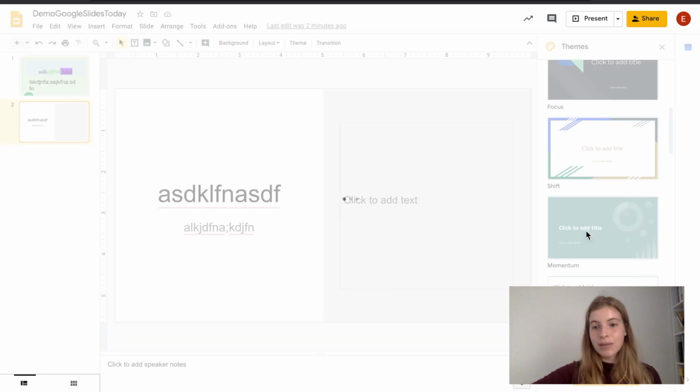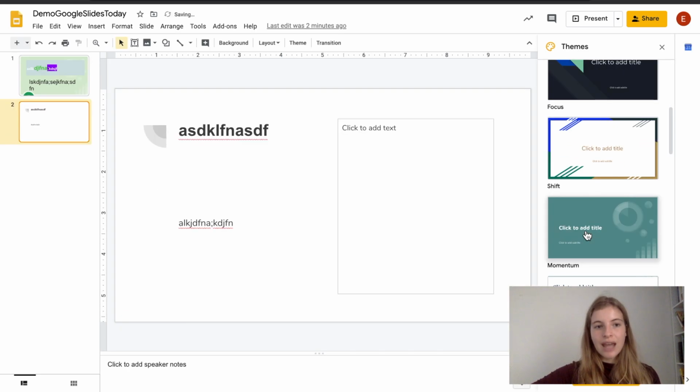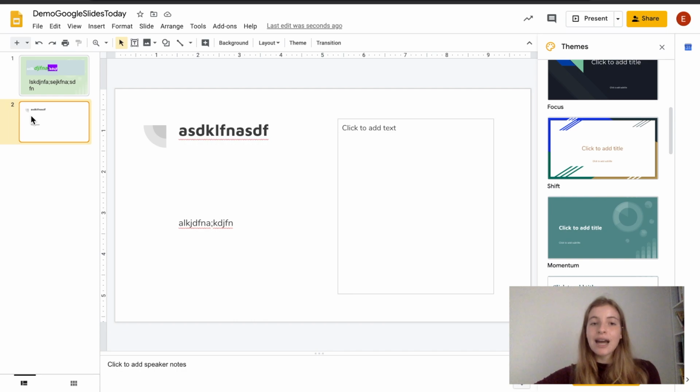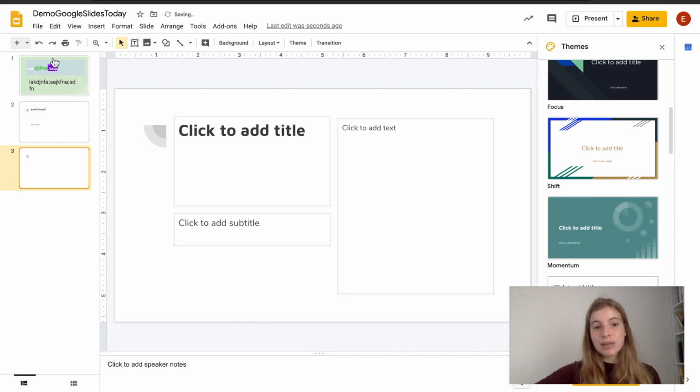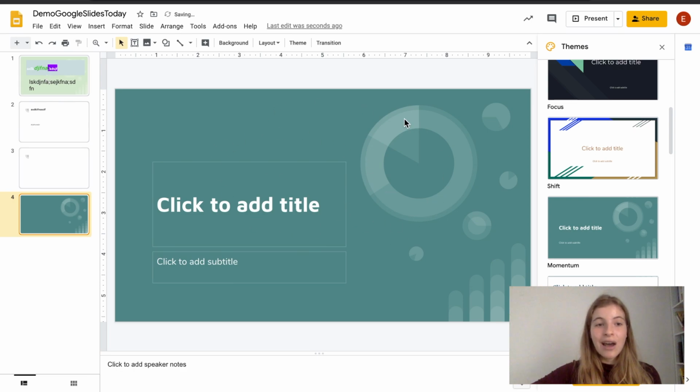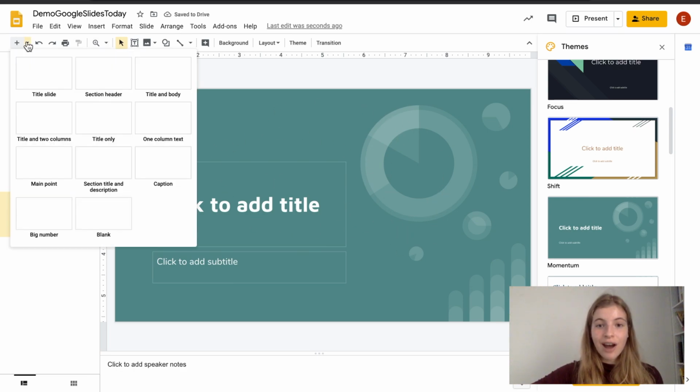You just click it and it will change the look and feel of the deck, and it's consistent. And what's really cool is that if you make a new slide, it will keep the elements. And if you look at the drop down menu, there are now different types of slides. So we have this really cool title slide, and we also have one in a different color,